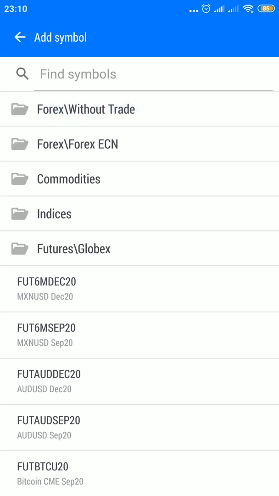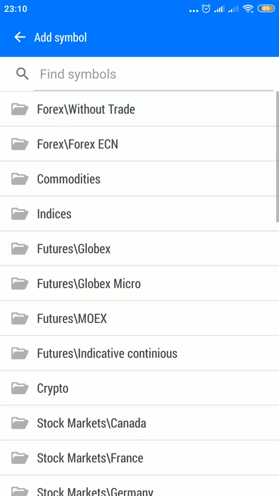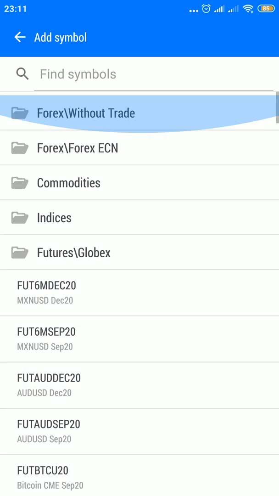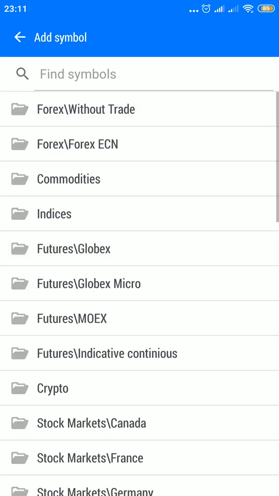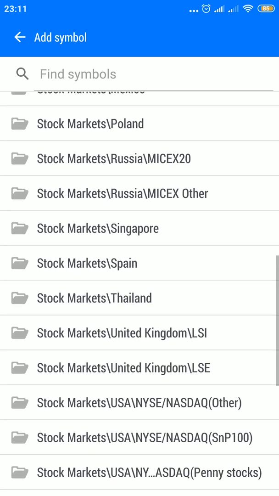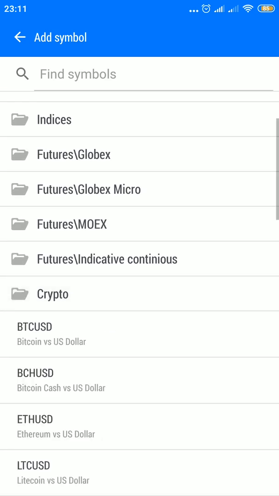So those of you interested in futures, of course, you want to look right over here. We get the futures of the Moscow Exchange, Globex Micro, and the usual stuff, multi-currency pairs, and much else. Feel free to explore around. Now, for those of you who are going to be interested in cryptocurrencies, yes, you do have this folder over